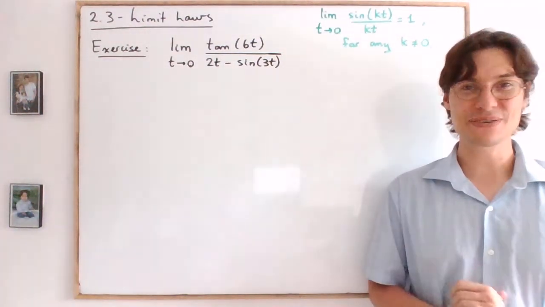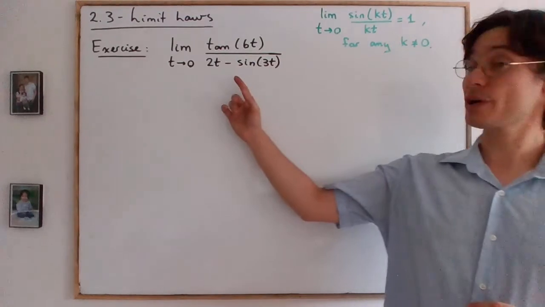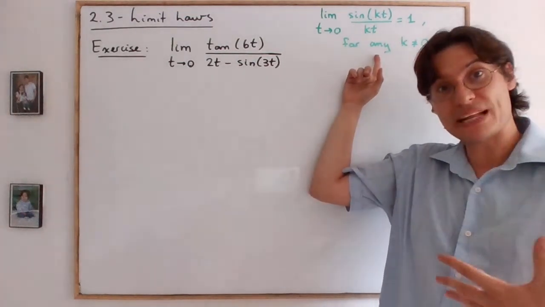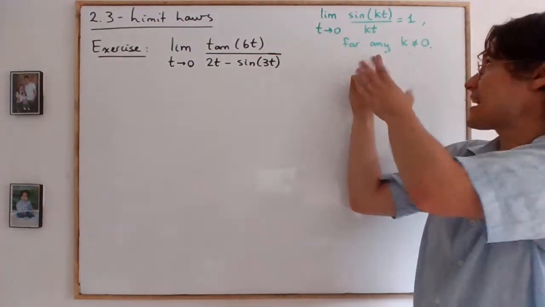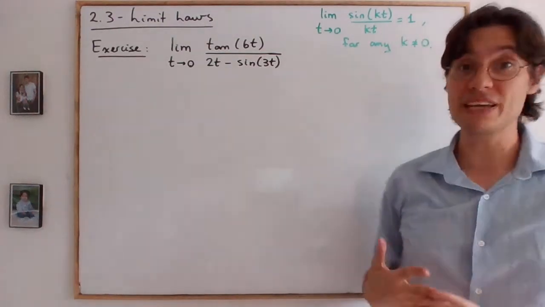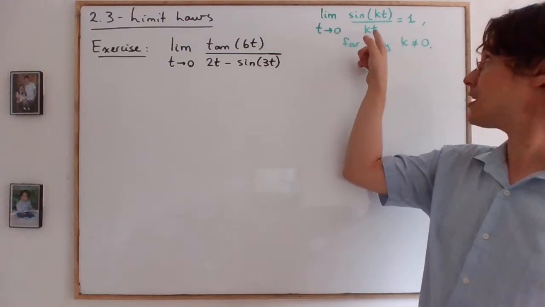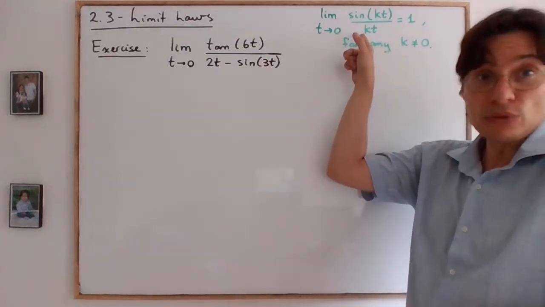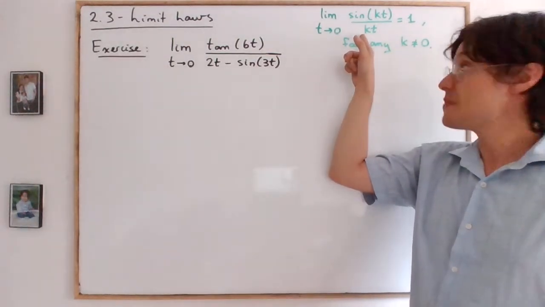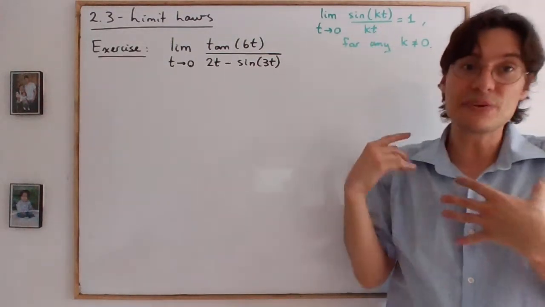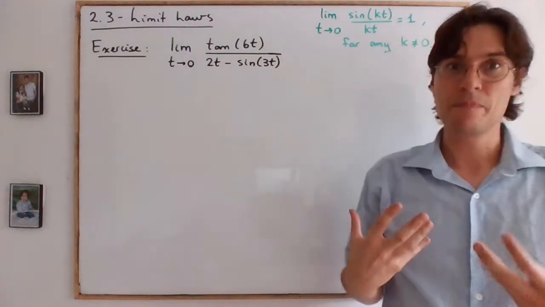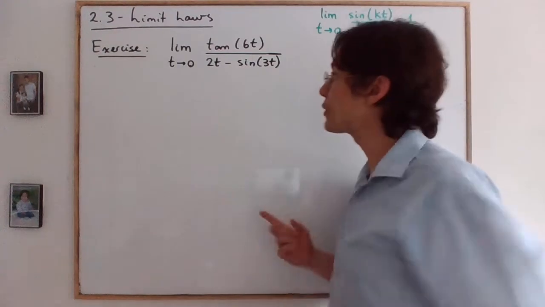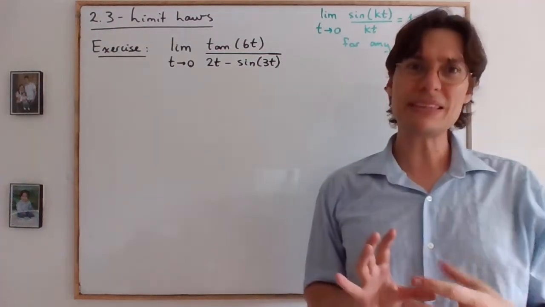Hi Calculus 1 students. In this video, we're going to do this limit using the fundamental trigonometric limit. So in other words, and remember, this is actually a slight variation of it. What it says is that as long as what's inside the sine and what's outside the sine are both approaching zero and are also the same thing, then the limit is 1, okay? And that's it. We're going to use that fact in order to do a limit that is a little bit